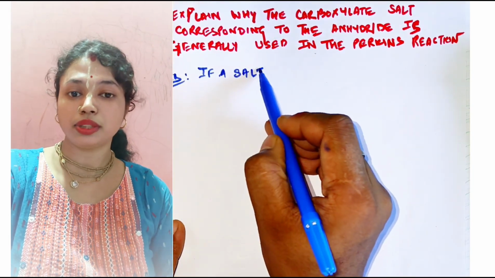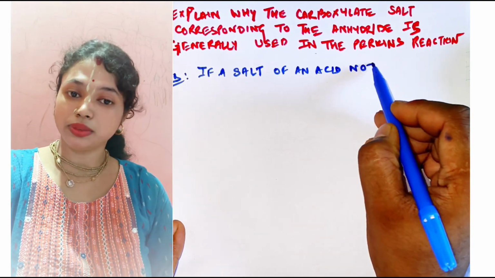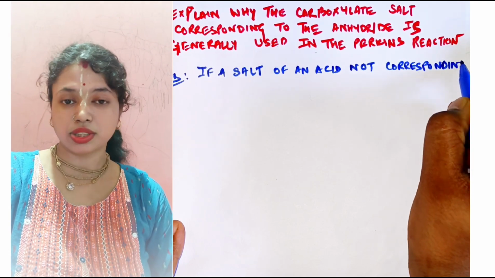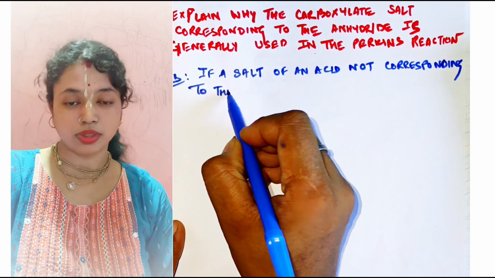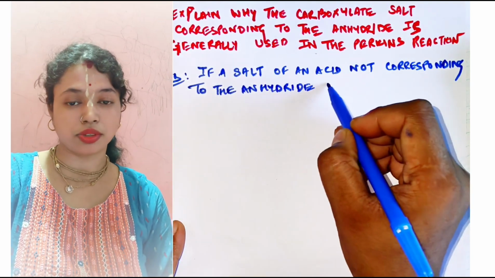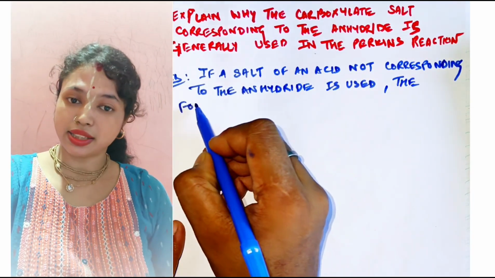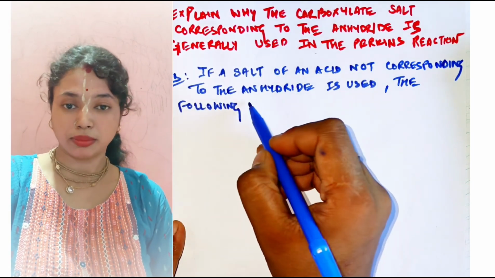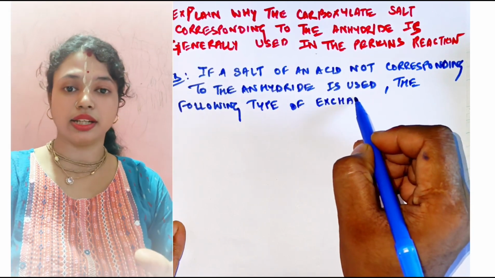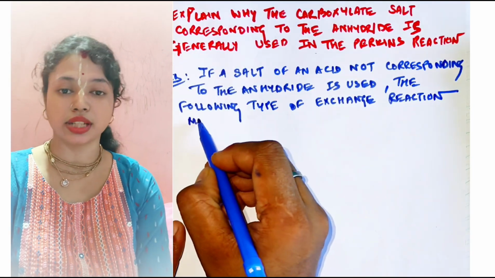Why? Because when we do the mechanism, as I told you last time, after doing the mechanism you'll understand. In the mechanism, the anhydride is always used, and firstly the sodium salt of acetic acid takes up hydrogen from the acetic anhydride, and it gives you an anion which is resonance stabilized. Then this anion goes and attacks the carbon of the aldehyde or ketone. So this anhydride is always in the reaction medium.